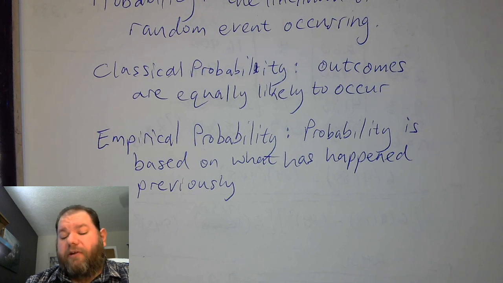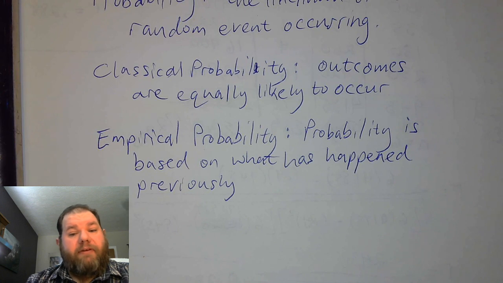We have empirical probability. On our test, we remember, which I haven't graded. I'm sorry about that. I haven't finished grading, let me say. On our test, we had a question about voting participation, and again, that's based on past statistics. It doesn't mean it's going to be the same this year. We won't necessarily have the same numbers this year.